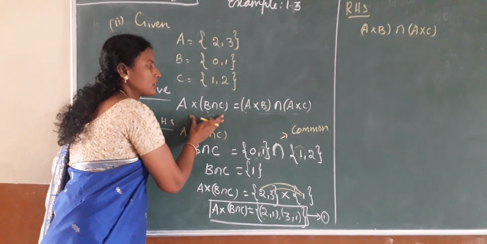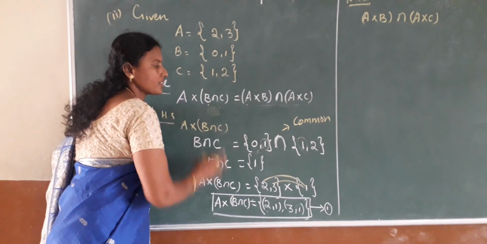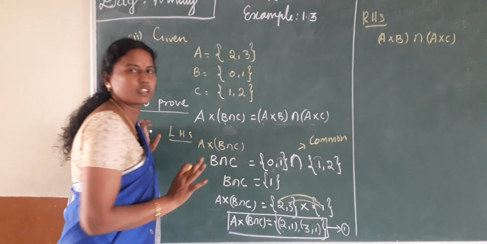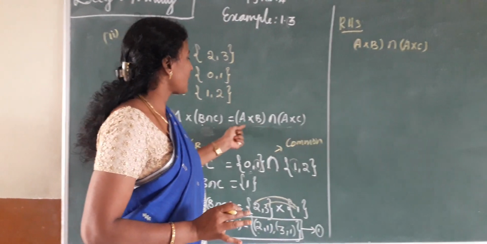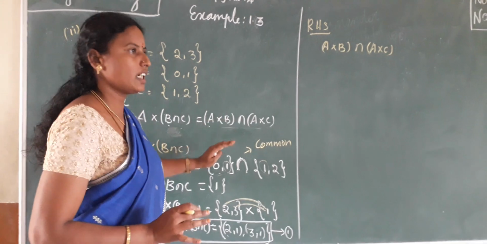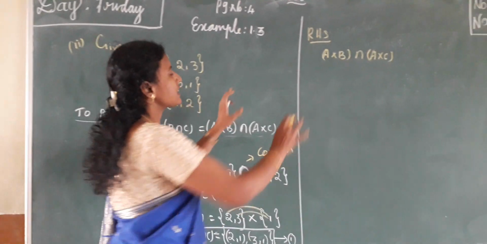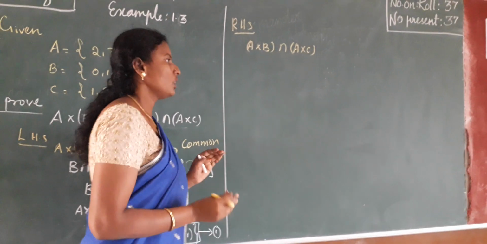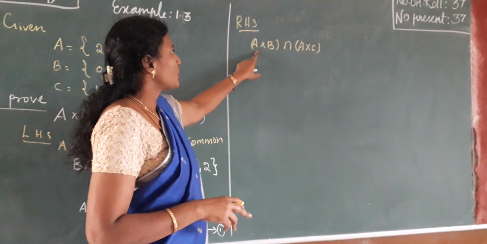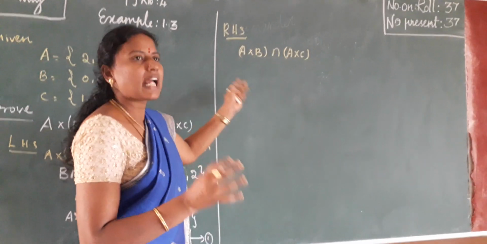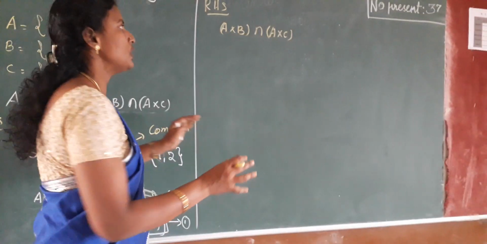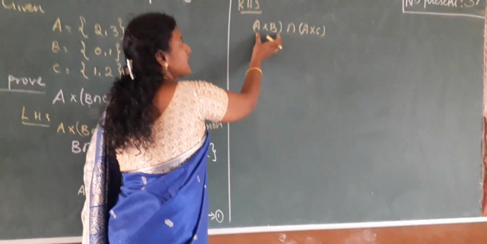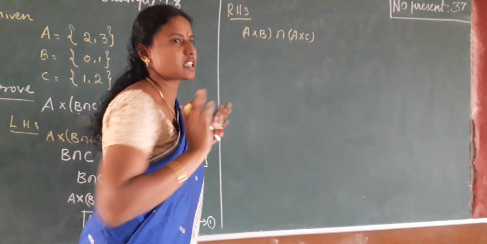The first given part, the first half, we finished. So the remaining half is there, and we have to take that half and prove it. Okay. So we have to take that part for the right hand side. Clear? Next, the right hand side, A cross B intersection A cross C is given. Okay. And then I already told you, whatever is given in the bracket, that function we have to prove first. So whatever function is inside the bracket, we have to prove first.